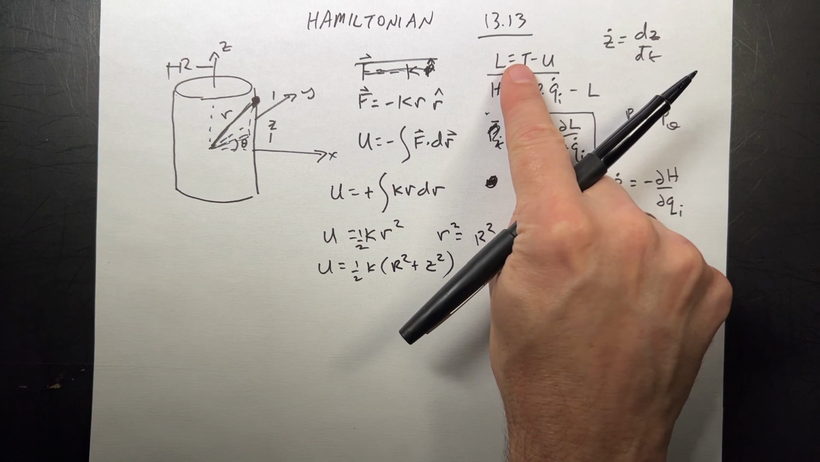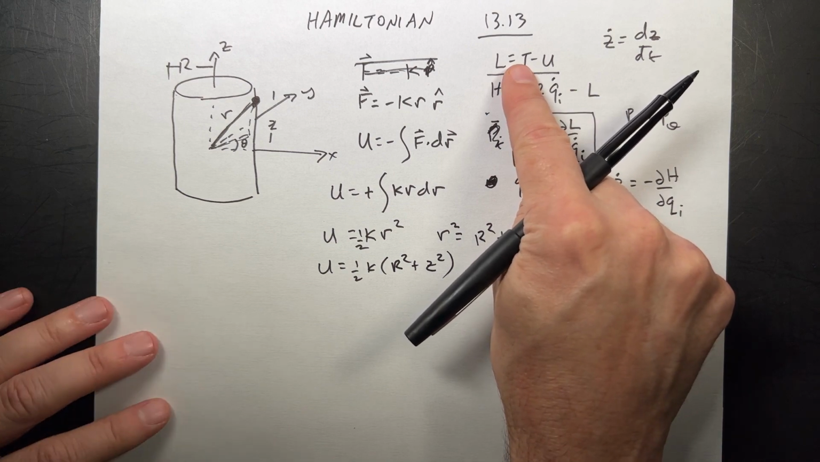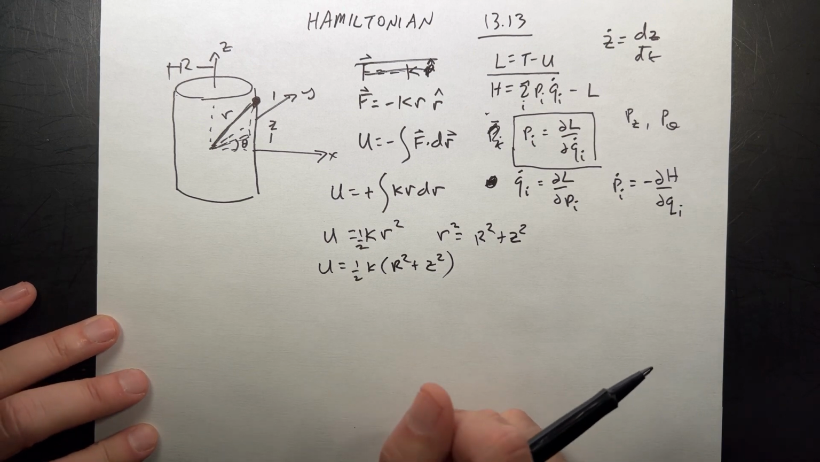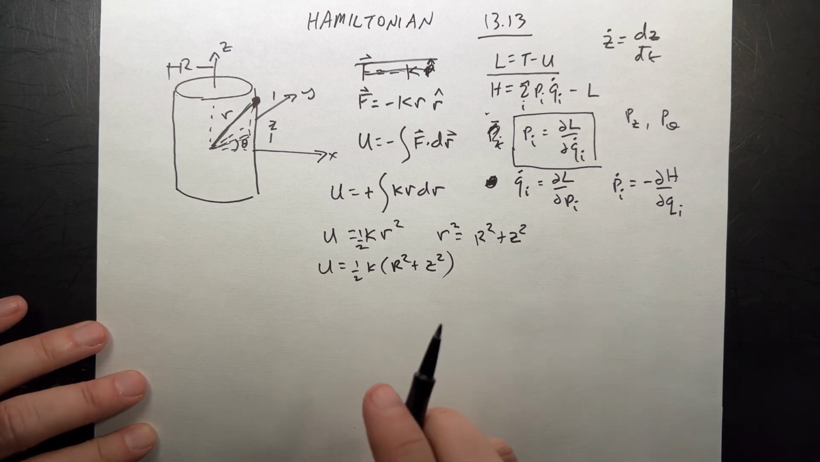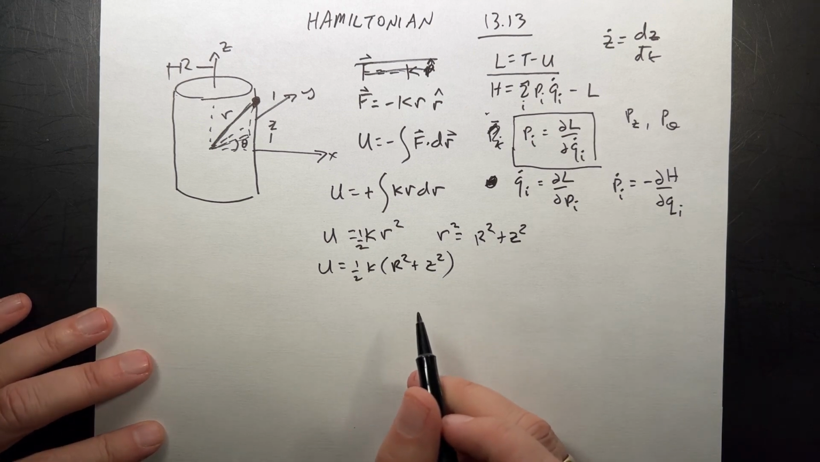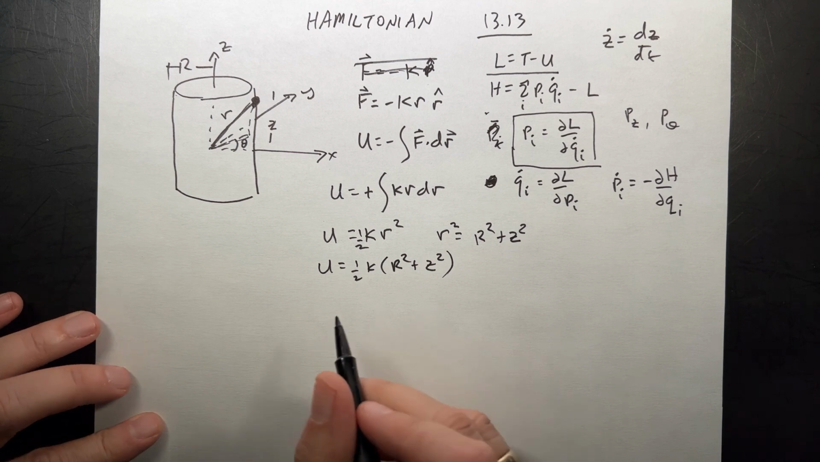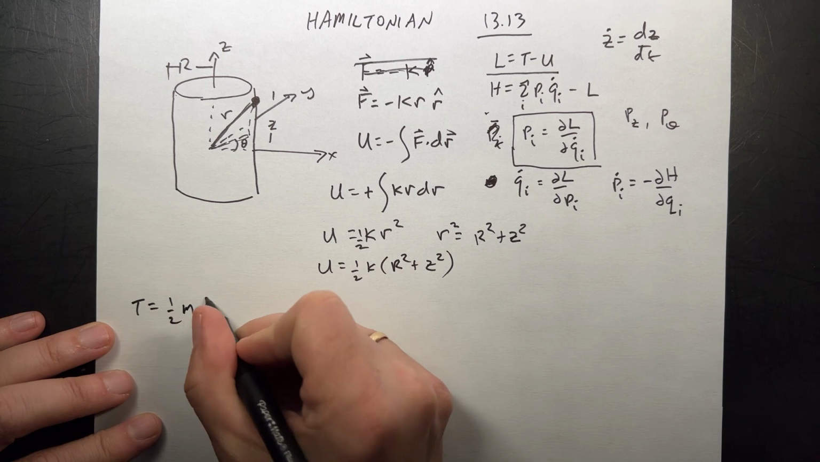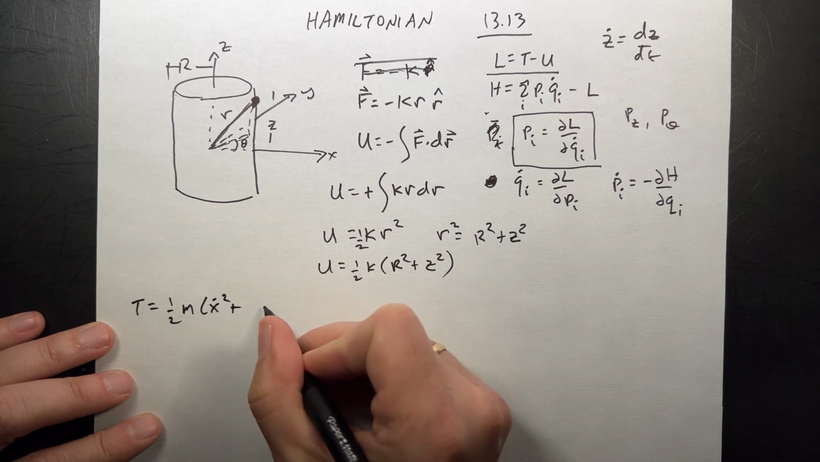So I have the potential, now I need the kinetic energy. Whenever you're not sure how to write the kinetic energy, you should write it in terms of Cartesian coordinates. So let's write the kinetic energy as 1/2 m times x dot squared plus y